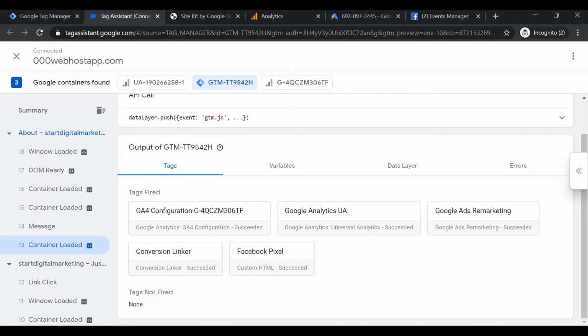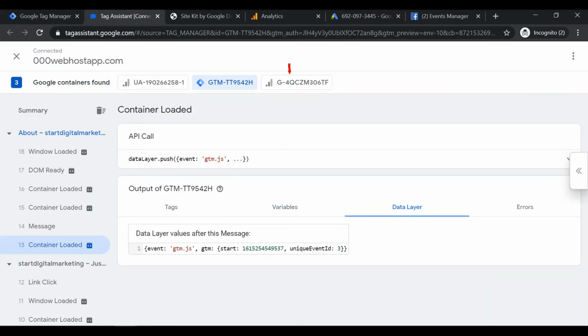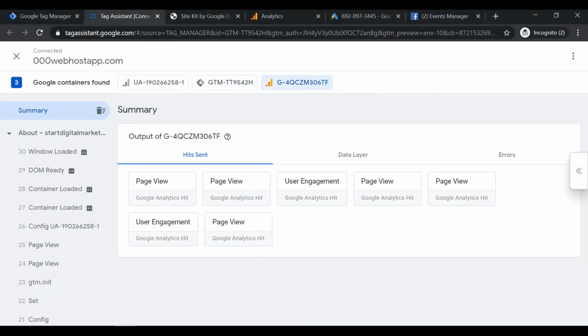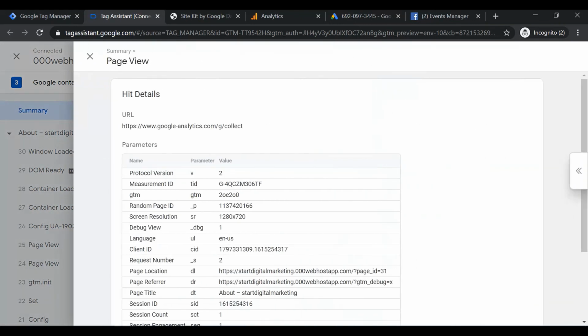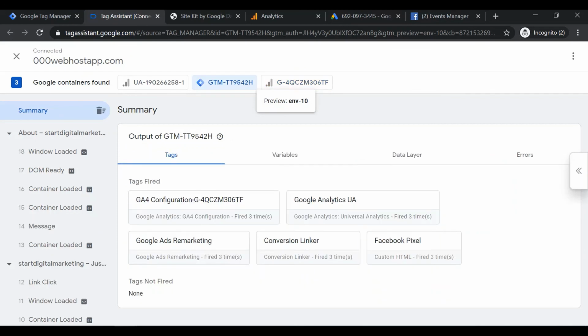Since we have added Google Analytics 4 tag to your website, Tag Assistant will automatically identify this. And you can select the measurement ID for your Google Analytics 4 property at the top of the tag. This lets you view the information that has been sent to your Google Analytics 4 property. For example, let's select the first page we viewed. This lets us see the different hits that were sent to our Google Analytics 4 property. Now we can see, apart from Google Analytics 4 tag, all of other tags have fired. All of these tags use all pages trigger.